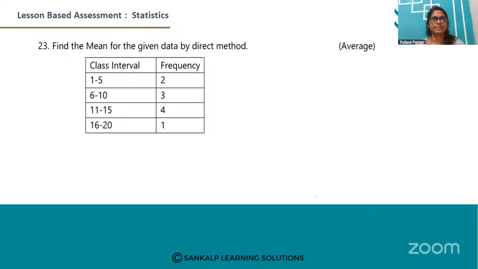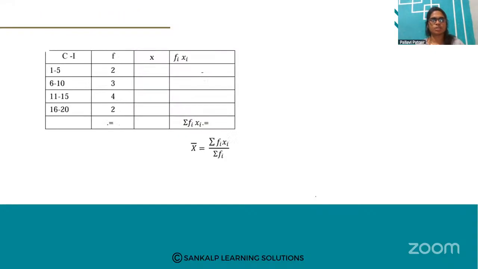Look at the question number 23. Find the mean for the given data by direct method. So here, first find the class mark xi for each class interval. So here, class mark is the midpoint of the class interval. So we calculate as lower limit plus upper limit divided by 2. So here xi is 1 plus 5 divided by 2 is 3. 6 plus 10 divided by 2 is 8. 11 plus 15 divided by 2 is 13. 16 plus 20 divided by 2 is